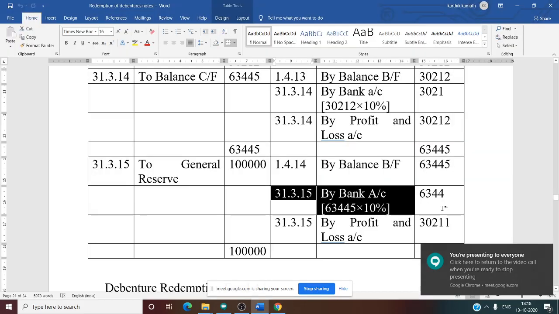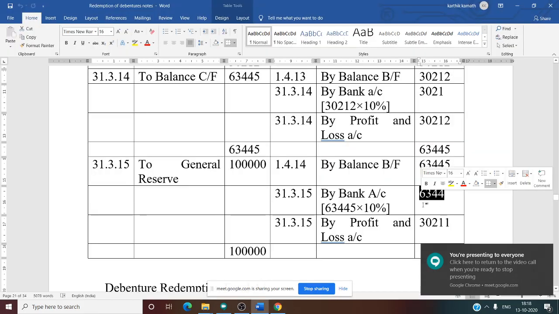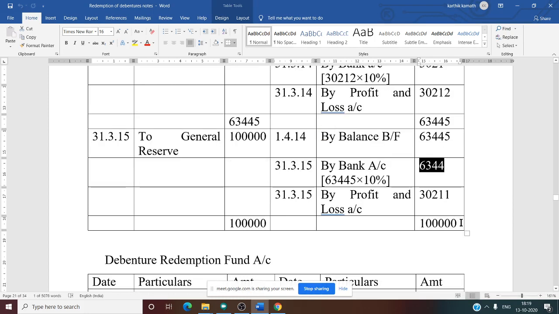Now what is interest? 6,344. Why we have taken 44 not 45? Because we need to make it a round figure here, or else here we will get some different amount. That is why we have taken 44. And here we have reduced 1. Or else you can take 45 here and 12, in that case what happens? Of course it will be more, I feel. So that is why here 1 rupee is reduced.